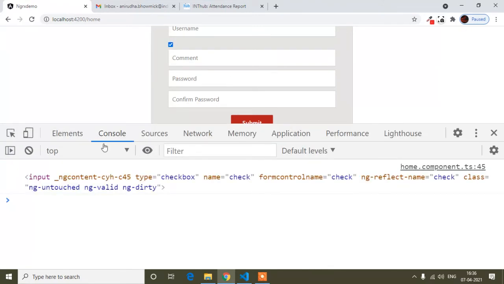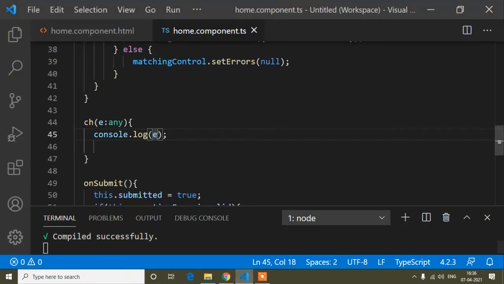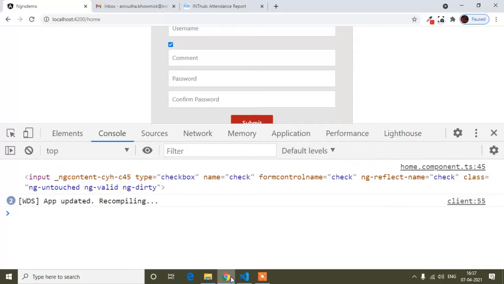If I click this checkbox, you can see it's showing all the properties of our input field. So from here, if I print checked, now save.